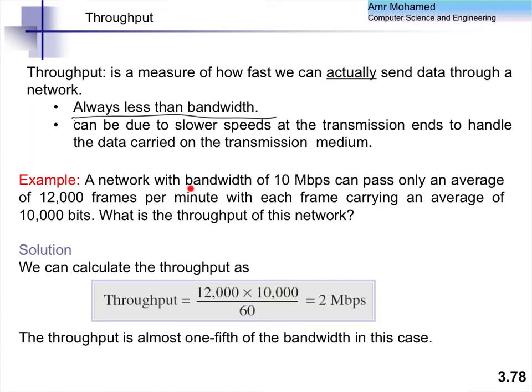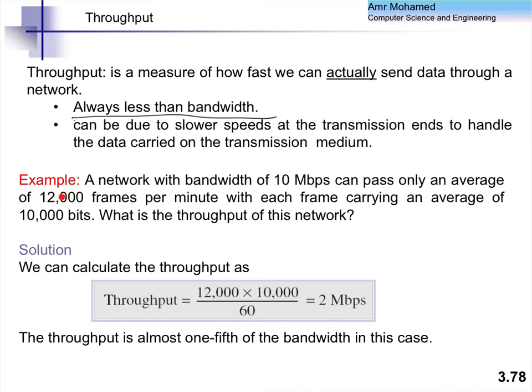So this example, for example, talks about a network with a bandwidth of 10 megabits per second. But when we actually try to send traffic over this network, we can pass only an average of 12,000 frames per minute, where each frame is